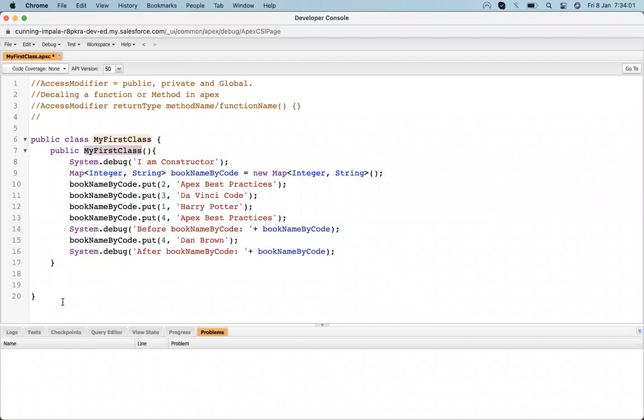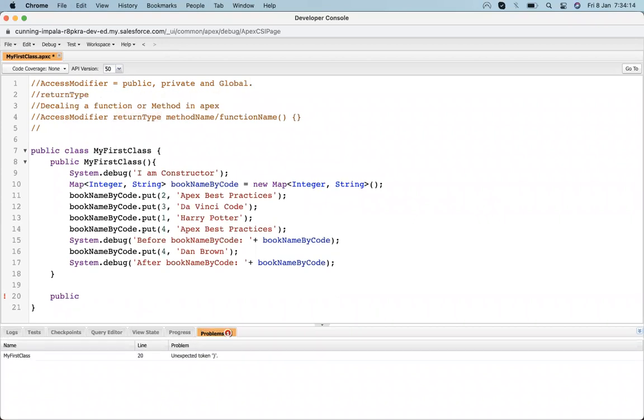So let's declare a method. For declaring a method, I will use public and a return type. Regarding unmanaged packages, does it mean that if you declare with global, your libraries are open to everyone, but if it's public and private, anyone outside your org cannot reach the libraries?